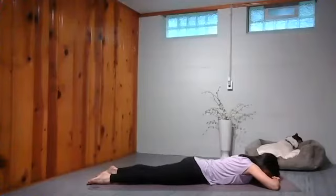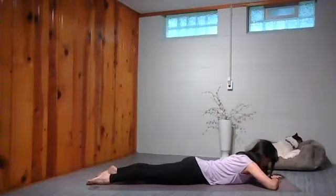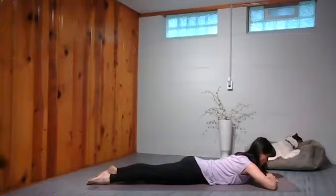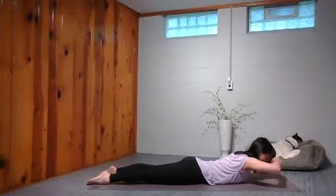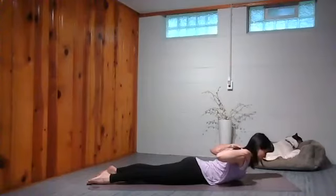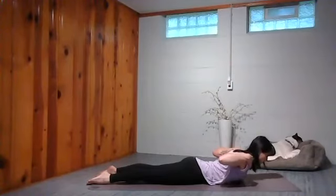Lengthen the tailbone, straighten the knees so the thighs come off, and you're just going to lift the head and chest off of your pillow. Lengthen the tailbone more. We're going to bring our pillow up to our head. And then we're going to slide our hands to the tops of the shoulder blades again, pulling the shoulder blades back. And we're going to do little lifts for 10,